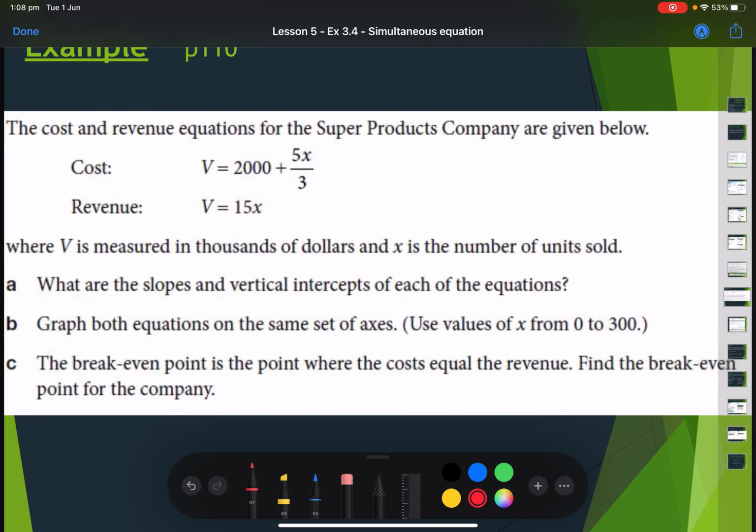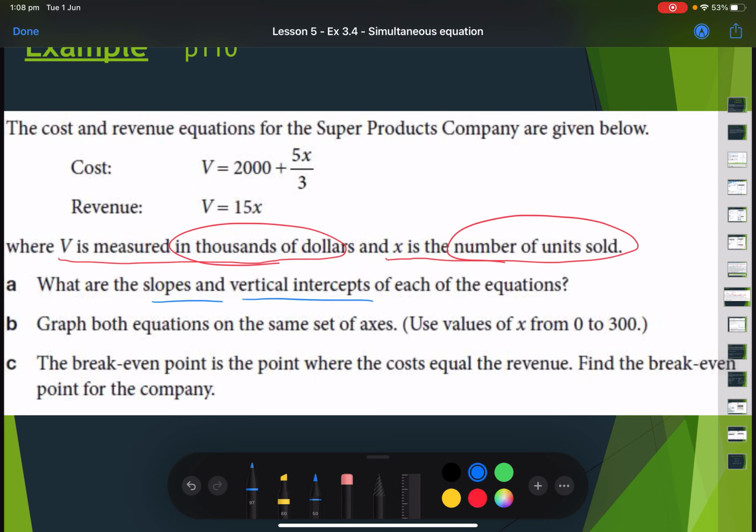All right, so here we have got a question. The cost and revenue equations for the super products company have been given. So we've been told that cost is y equals 2,000 plus 5x over 3, and revenue equals 15x, where y is the money measured in thousands of dollars, okay, and x is the number of units sold. So we need to identify, firstly, for part A, what are the slopes and the vertical intercepts of each of